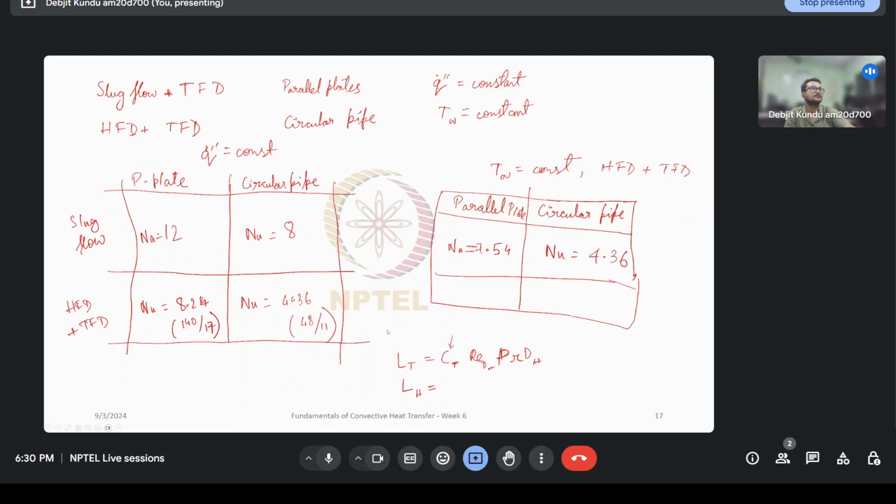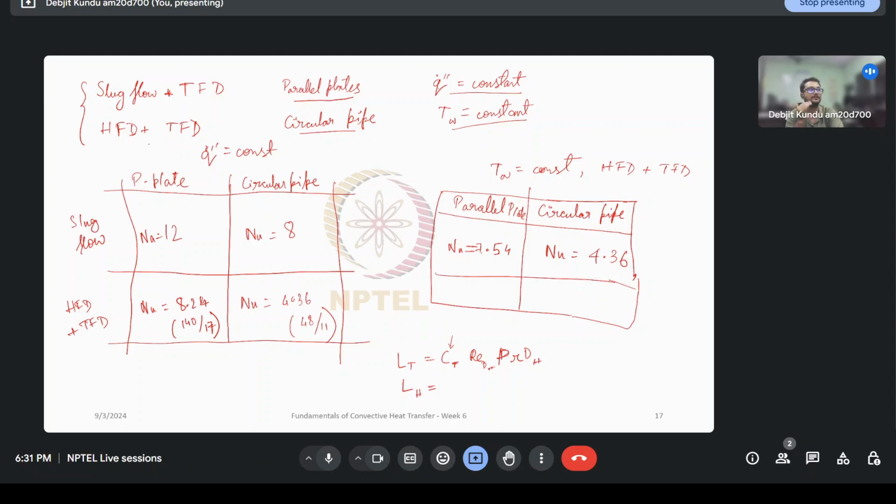All right, so moving on. Okay, so that was the last question of today's session. We will just summarize all the cases that we have seen. So we have seen cases with parallel plates and circular pipes, as well as with constant heat flux condition and constant wall temperature condition. And we saw two different flow cases as well, where we had slug flow plus fully developed thermal boundary layer, or we had another case where both the hydrodynamic boundary layer and the thermal boundary